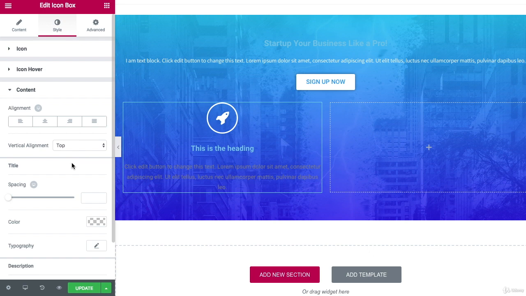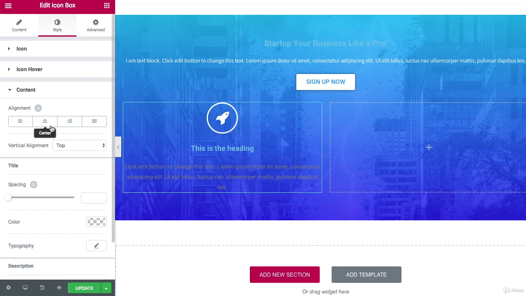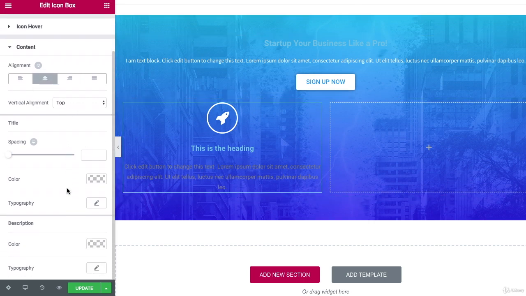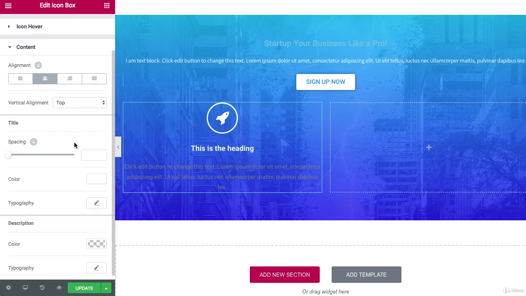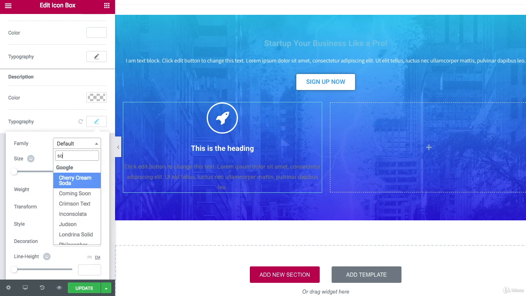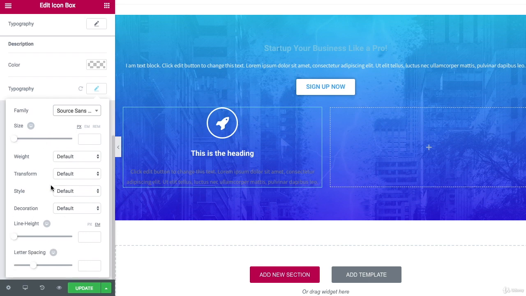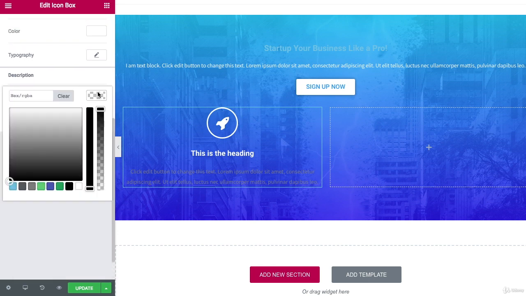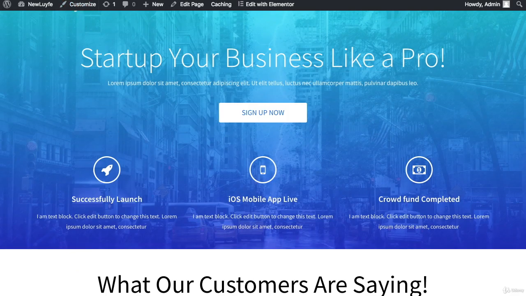And now we have the content down here. So this is where your content is, which is the default setting right here that says click edit button wording starting. So simply you can center align that if you'd like. Seems like it's already there. Color, I'm going to change this to white. So that's the title right there. And now I'm going to go down to the description and click on typography. Now scroll down, change the family style, and I'm going to change it to my default one I chose, Source Sans Pro. I'm going to keep the sizing there just for now. And then the color, I will change that to white as well. So just go double check back. And so far it seems pretty